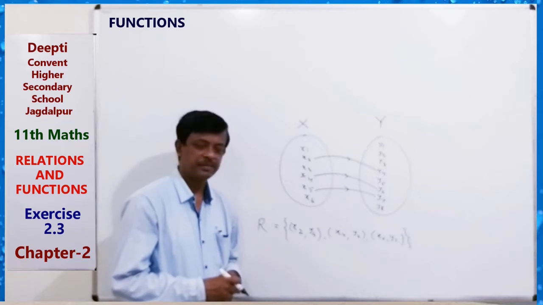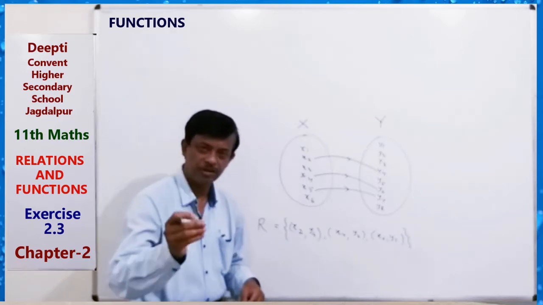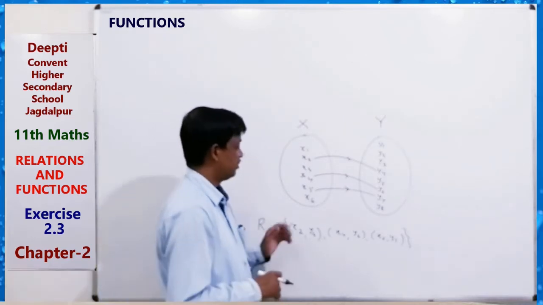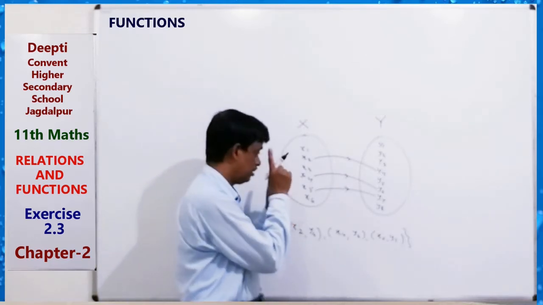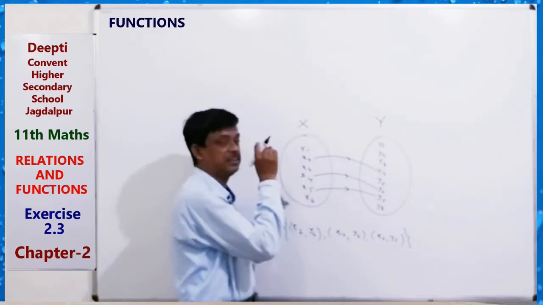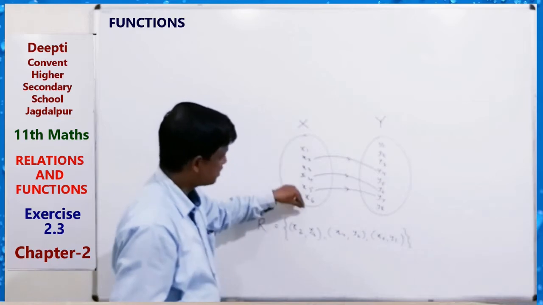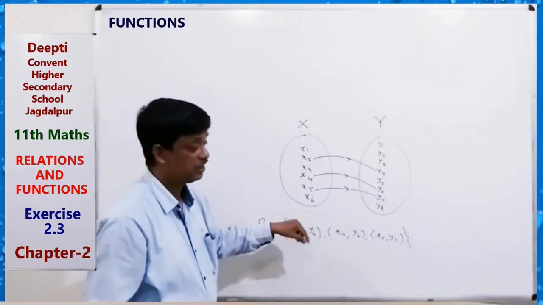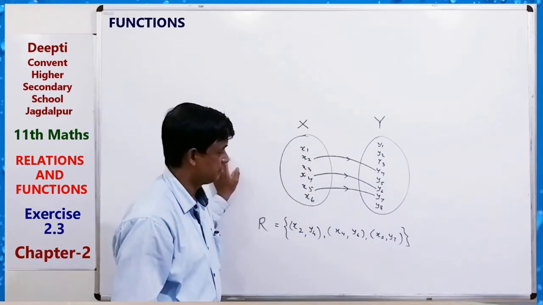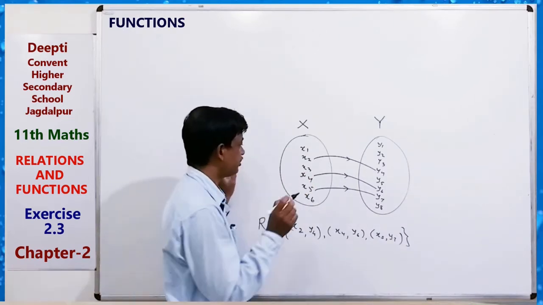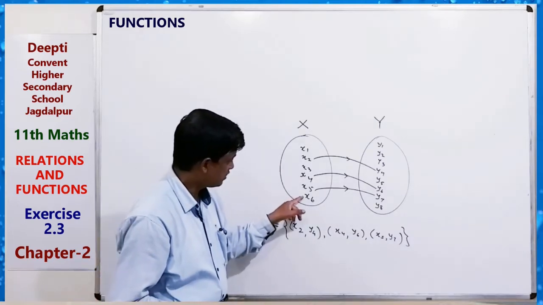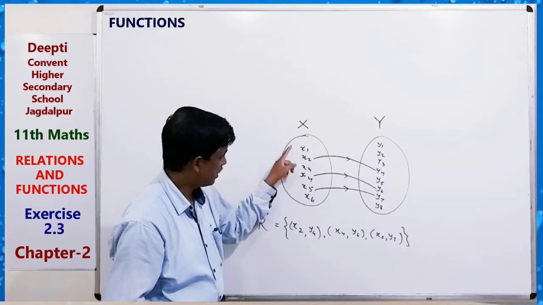Which relation? The relation in which all the elements of the first set should be connected to the second set. First condition. Here for this relation we see that x6, x3, x1